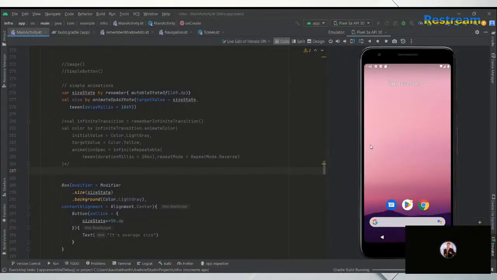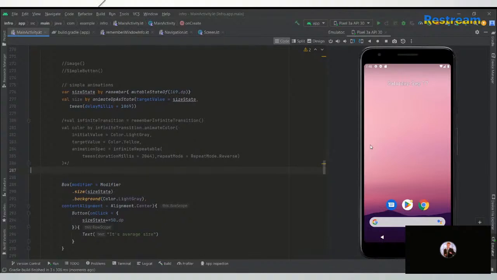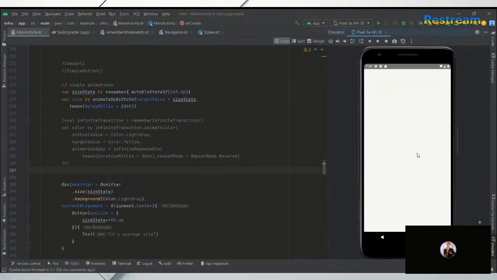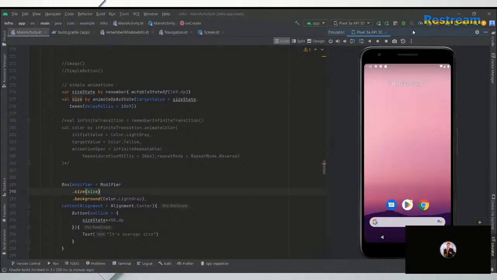Let's run it again. It takes a long time to compile. So you can see it's not smooth at all. It's just going to increase the size without animation. So what we have done in this case is